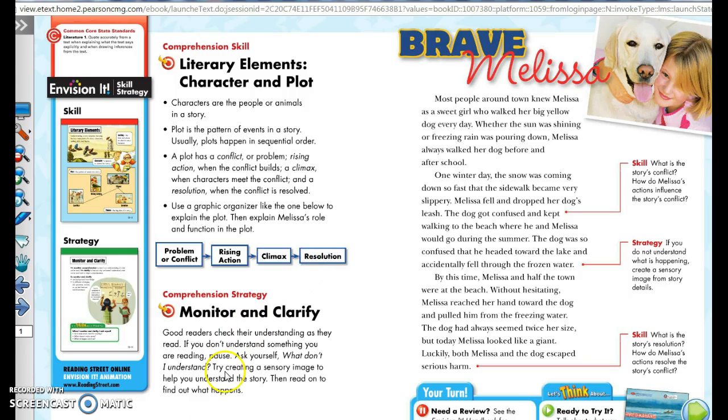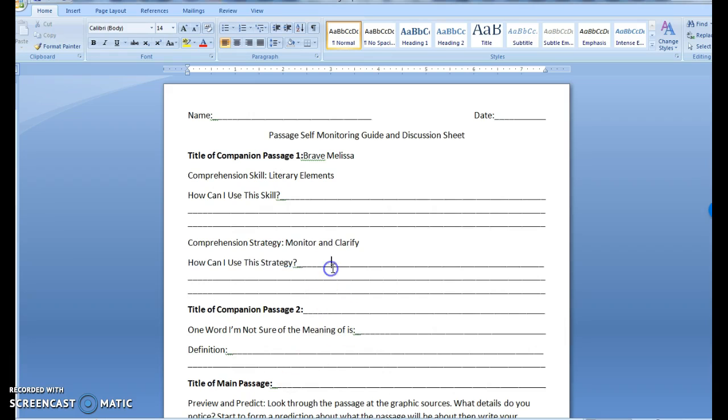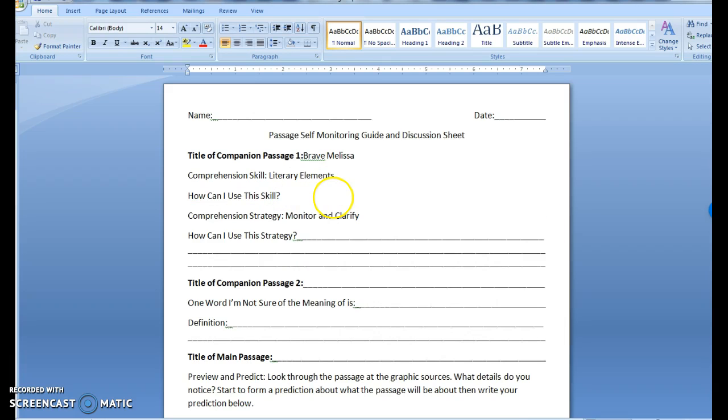All right, so now thinking about literary elements and plot, how can I use that skill? How can knowing about the characters and knowing the way that a story is organized help you better understand the story? And this is going to be different for everyone, so we have to think for ourselves. For me, I might write knowing the events and characters